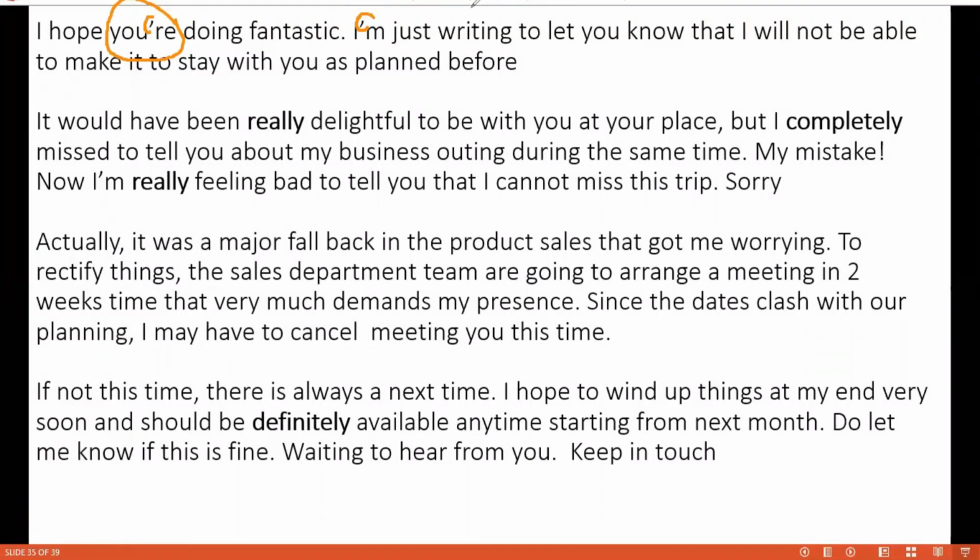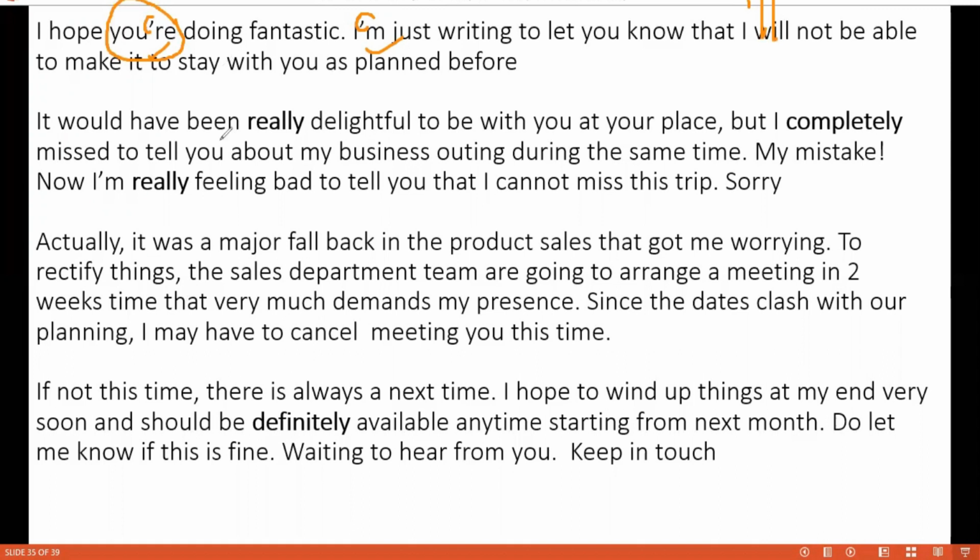Correct? So in an essay, you don't have this luxury of adding contractions, but in letter writing, based on the type of the letter, you are supposed to use a contraction. For the formal and semi-formal, better not to use them, even for a semi-formal. For an informal one, wherever you get a chance, you've got to use that. So like here I've used you're doing, I'm just waiting, and I'll not be. Probably I would have used one here as well, but not every time.